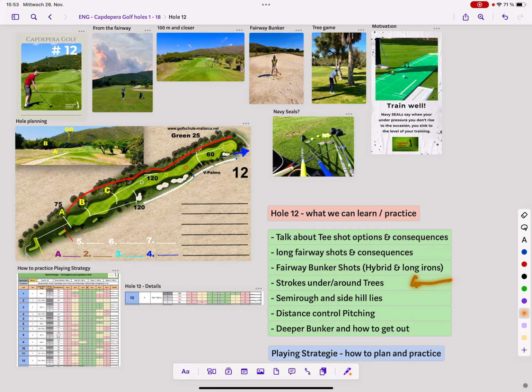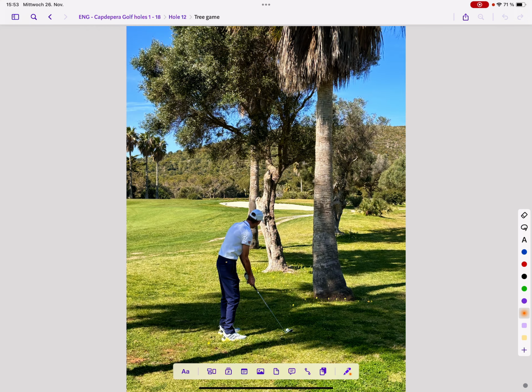Strokes around trees and under trees, we love that because golfers have to get used to how to play these shots. They have to realize that they can't just always hit a pitching wedge, even if we're 60 meters away, they're going to crash into the tree. So realizing that it's going to be a 7-iron and that the bounce points have to be somewhere over here